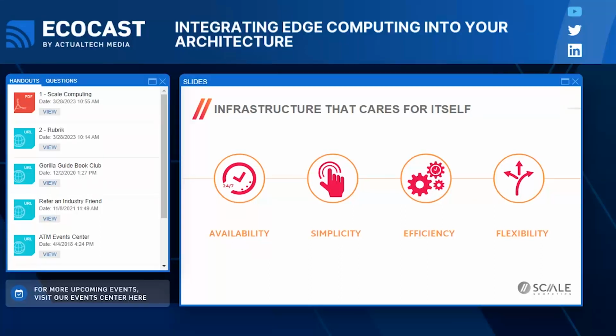Simplicity, being able to centrally manage these. Efficiency, as I talked about, making sure that the resources are available to do the work that you care about, the applications that provide business value, and flexibility. So the ability to have a wide range of systems, the ability to scale out what you need. And by the way, you can scale out with different systems over time. They don't need to be the same exact node type or same hardware configuration. You can mix and match, things like that.